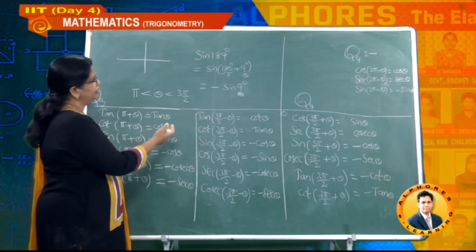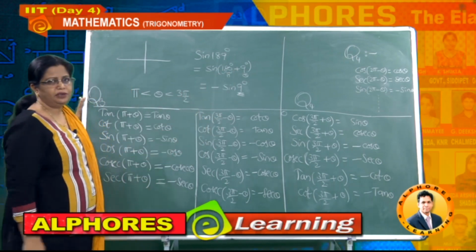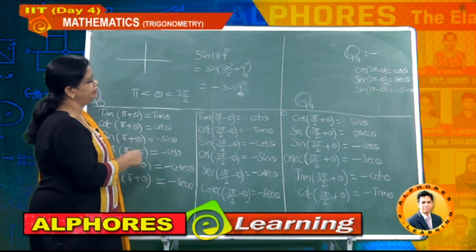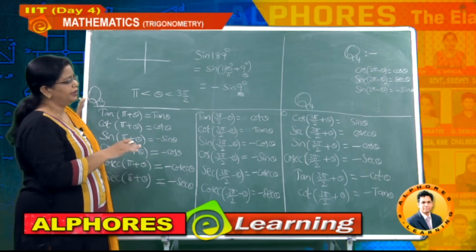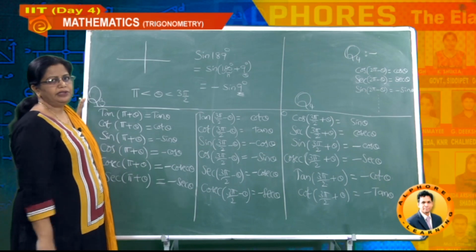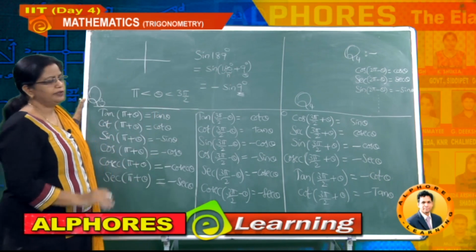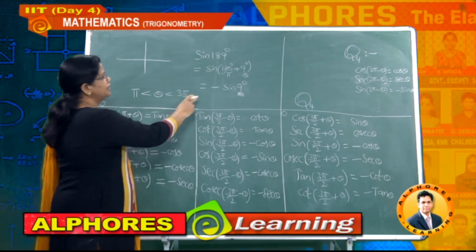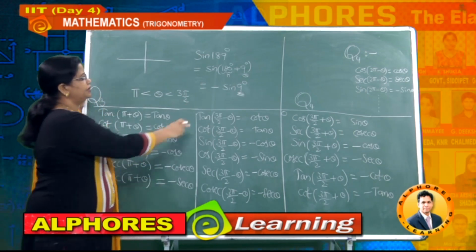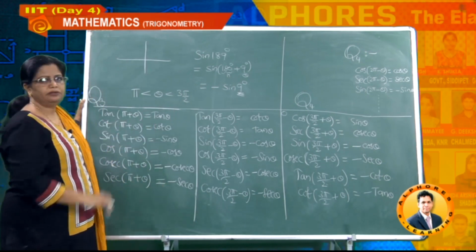Again you can observe here I used 180 plus, whereas I did not use 270 minus. The reason is the answer is the same, but I don't want to change the function. Again, you have to concentrate on two types of values, one is the function and the other one is the symbol. So here if I use 180 it is comfortable for me, because I only have to take care of the symbol. The function needs no changing, so directly you can write the answer in terms of the acute angle. This is regarding the third quadrant.